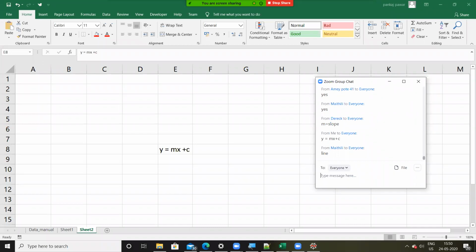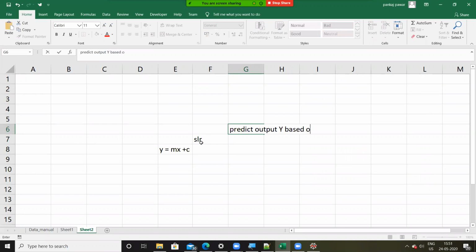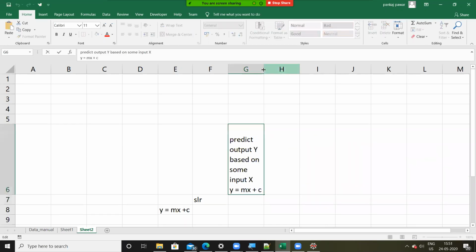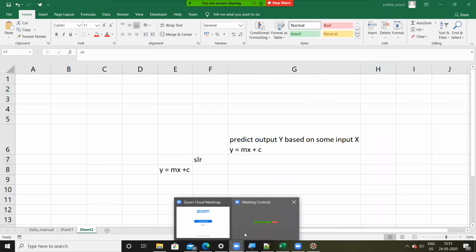The relation is that the output is dependent on m times x plus some constant. And in fact, this is the mathematical formula used in simple linear regression to predict the output y based on some input x. This is nothing but my simple linear regression technique. Is this clear? Can you guys quickly confirm it on the chat window?